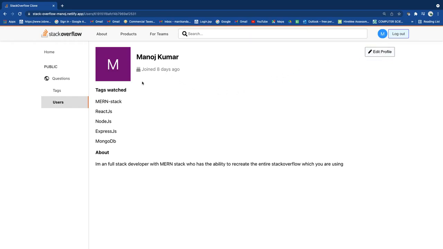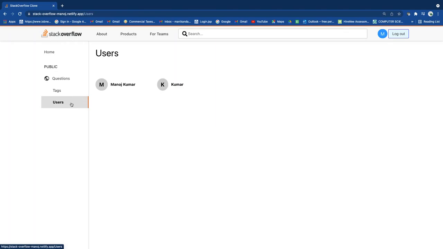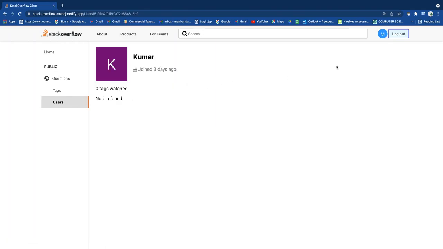If this is a normal user, like if I go to the users, here is Kumar. So if I just go into Kumar's profile, I couldn't see the edit profile button because I have logged in as Manoj Kumar. Only I could edit my profile. I couldn't edit others' profile. So we will go to the